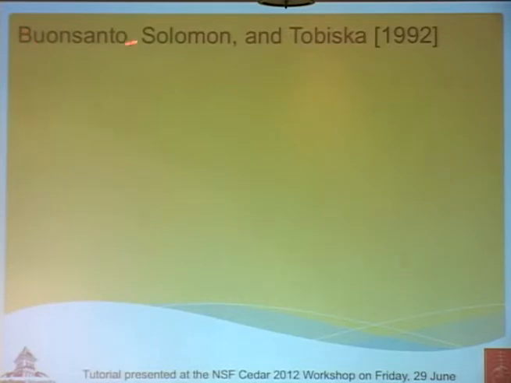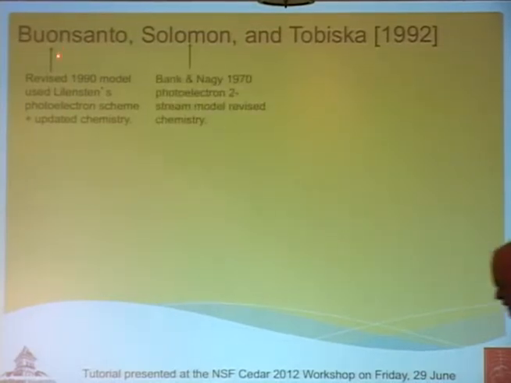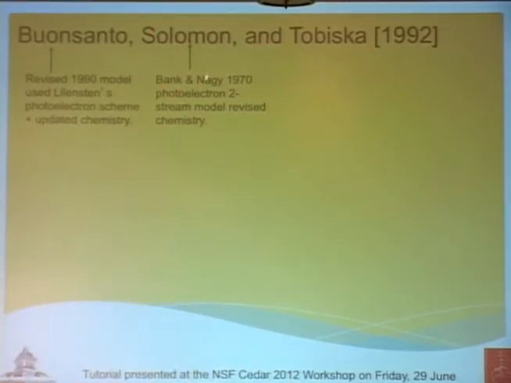Okay, I now move forward quickly to 1992. Buonsanto, Solomon, and Tobiska. This is a rather nice paper. These two had independently produced E-region models. Stan had actually used Banks and Nagy's 2-stream photoelectron code. Buonsanto had a different way of doing his photoelectron scheme. But then Kent tried very hard to generate a very good or an appropriate XUV, and this paper debates that